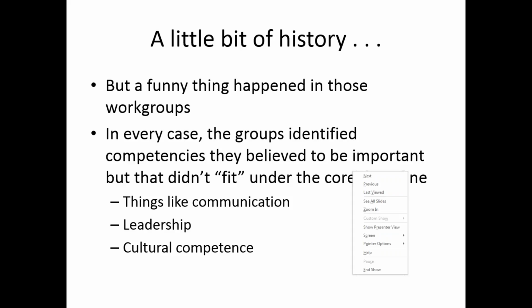They identified things that they believed were important for the practice of public health and for an MPH student to know and to be able to do, but they didn't really fit under those 5 core areas. Things like communication, the ability to communicate effectively, the ability to lead, the ability to be culturally competent. So they identified these things, but then each group said, well, we think that's important, but that's not biostatistics or that's not environmental health. So we developed these sort of parking lot lists of